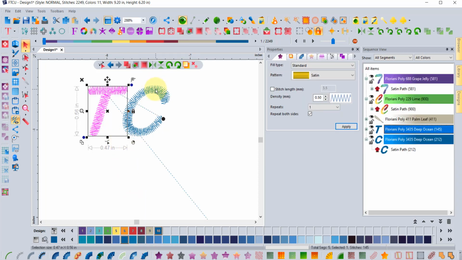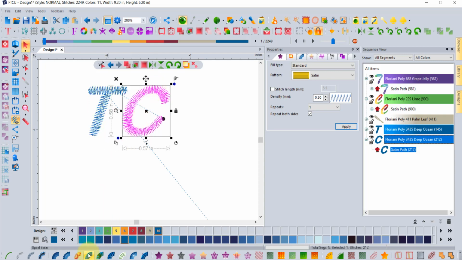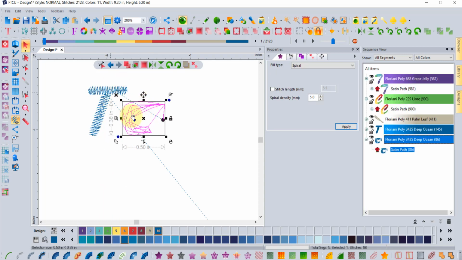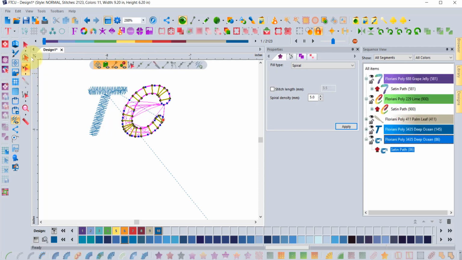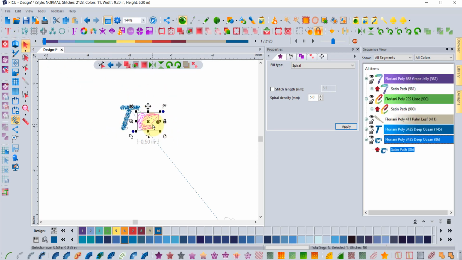So now if I want to do spiral satin, I just click on spiral satin, and it's going to put spirals, but because this shape is so small, it's really not a very successful result. And you can sense that. Now, maybe you're worried that it's the inclinations, and so you look and say, well, there's an awful lot of inclinations in here, so, I don't know if that's the problem or not, but what I'm telling you is it's the size. If I just take this letter C and make it bigger,